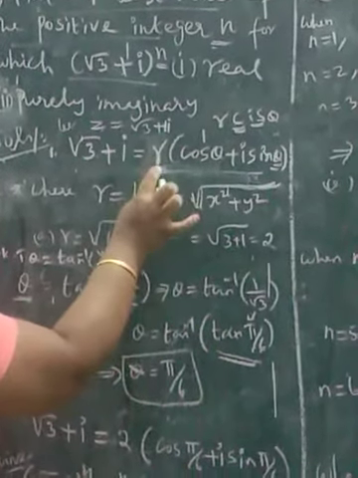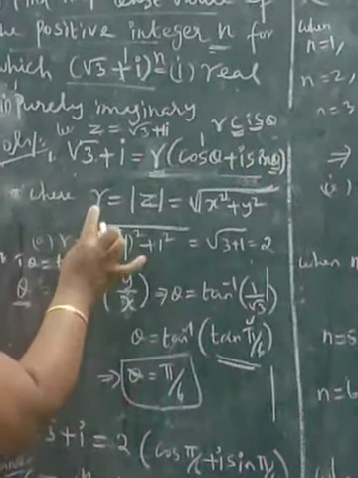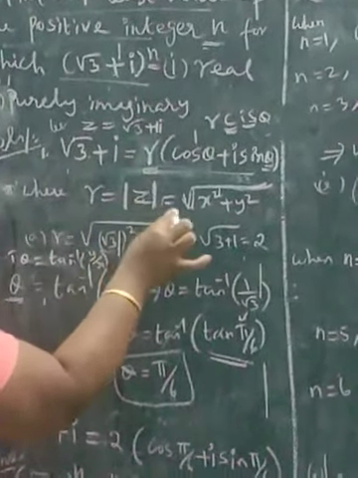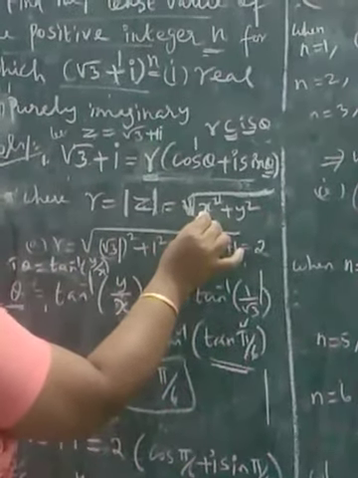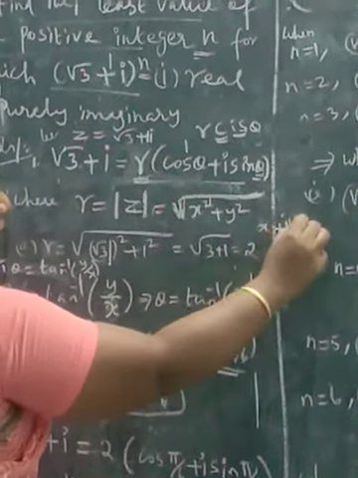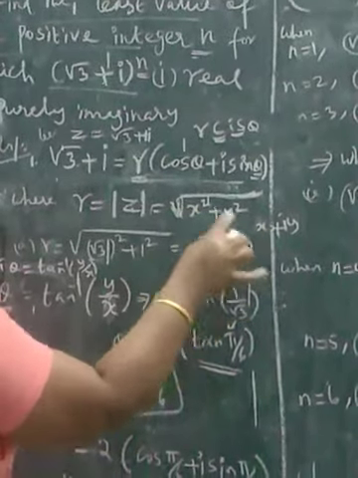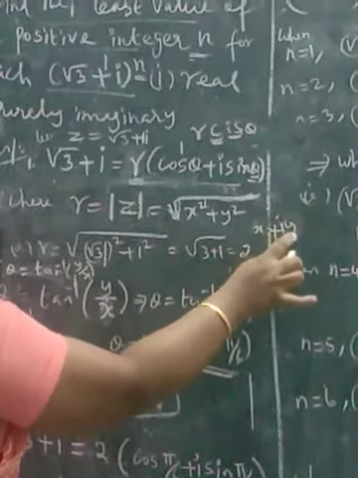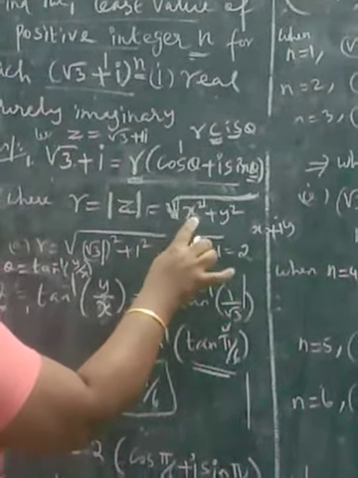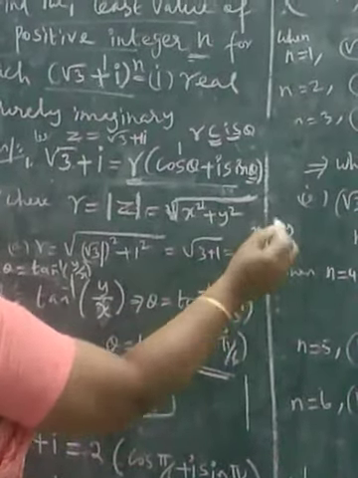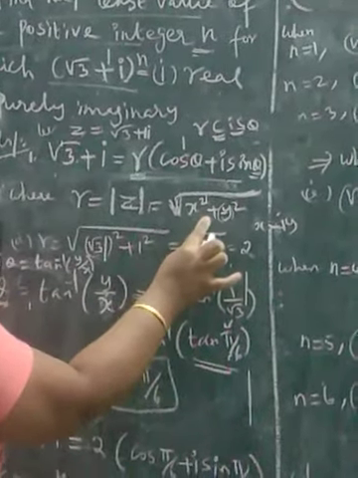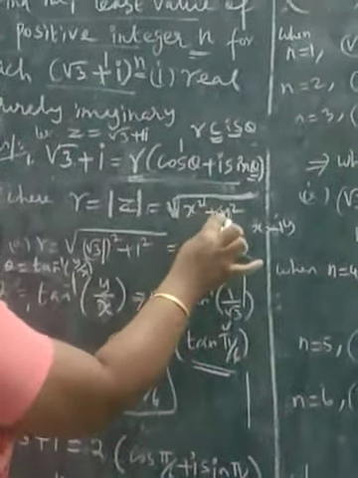Okay. Now, I am going to find the r value. How can we find r? r is nothing but the modulus of a complex number. The general formula for the modulus is root of x square plus y square. Suppose the complex number is x plus iy, that means real part square plus imaginary part square. What is the imaginary part here? y, so y square. So always only plus comes here. There is no minus. x square plus y square. Suppose there is a minus, what will you do? Open bracket, minus y, the whole square. Don't put minus here. Okay. Root of x square plus y square.